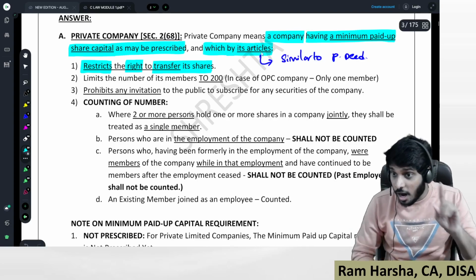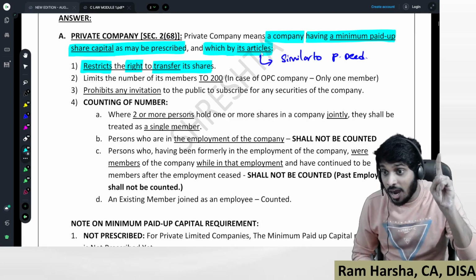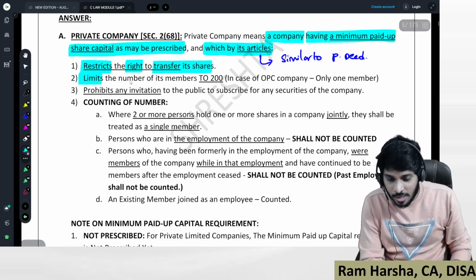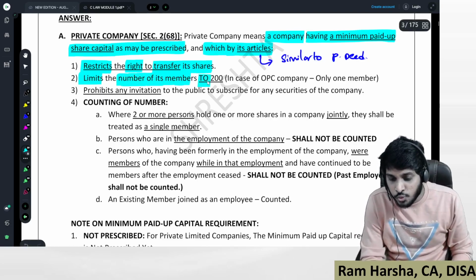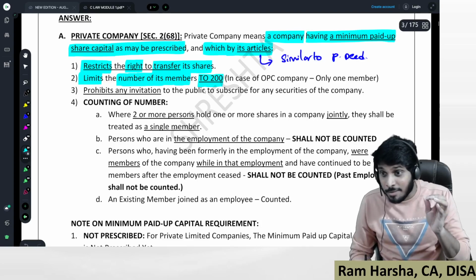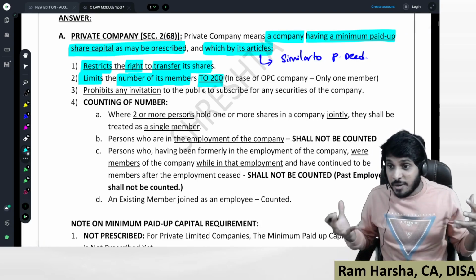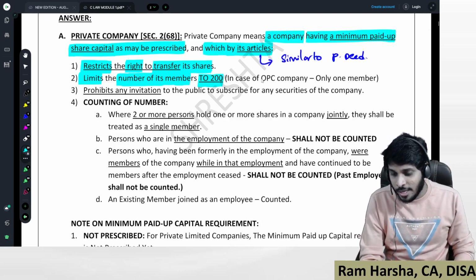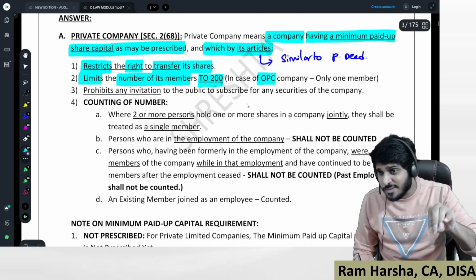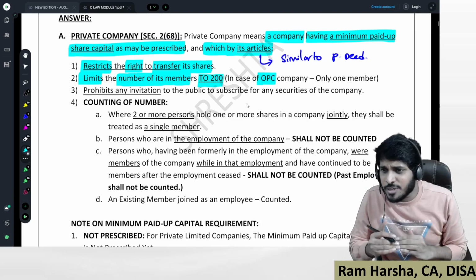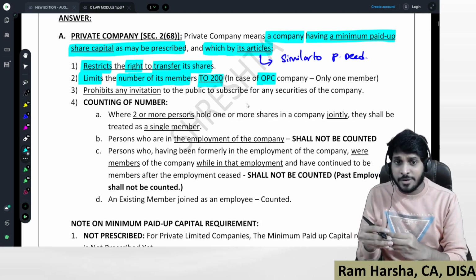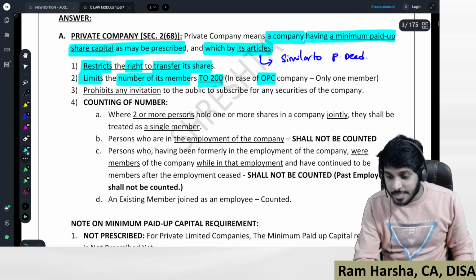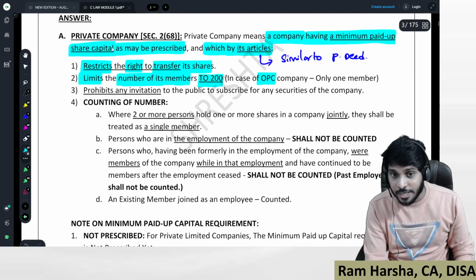And which, by articles, by arrangement, by agreement, by a deed, limits the number of its members to 200. The maximum number of members as per the articles of association of private companies is 200. In case of a one person company, the name itself says one person, so obviously one person. Why was the concept of one person company brought? We'll discuss later. Further, a private company is a company having minimum paid up share capital as may be prescribed and which by articles